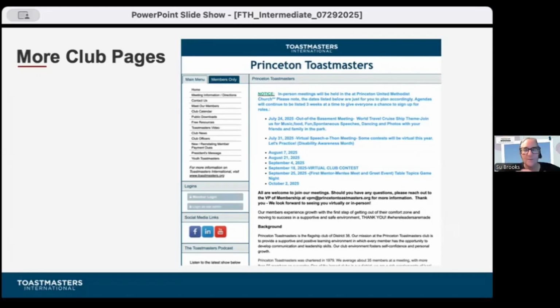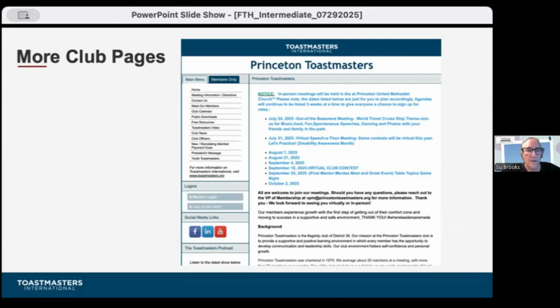Chris just asked me, can we figure out in District 38 who uses FreeToastHost, who uses EasySpeak, and which of the corporate clubs use something else? So we're going to explore that, but that might have to be set up per district. I don't think there's any international database that indicates every single club that uses which website.